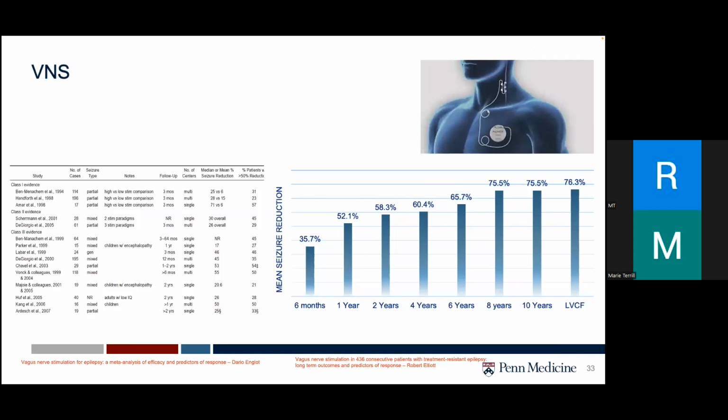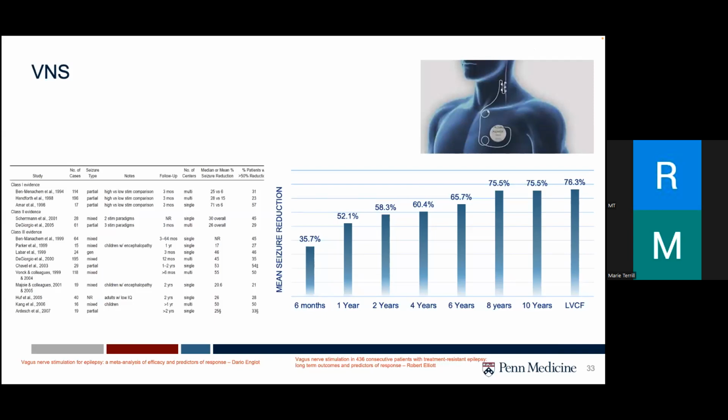VNS is the first extracranial and currently the most frequently used neuromodulatory device. It was FDA approved in 1997. Although originally approved for use in ages 12 years or older, it was subsequently approved for patients 4 years and older in 2017. It's considered to be an open loop system where the device is programmed to deliver stimulation at a set frequency. It also includes a magnet, which can be used over the generator to provide additional stimulation.